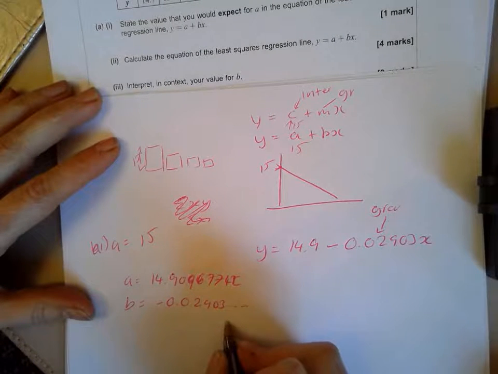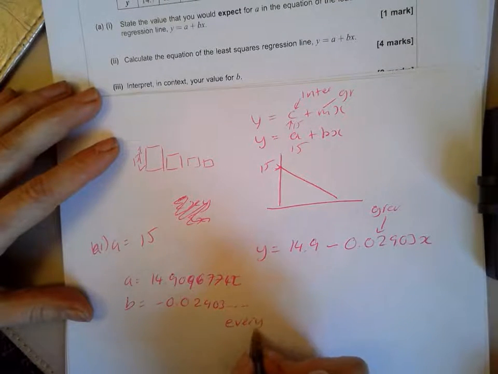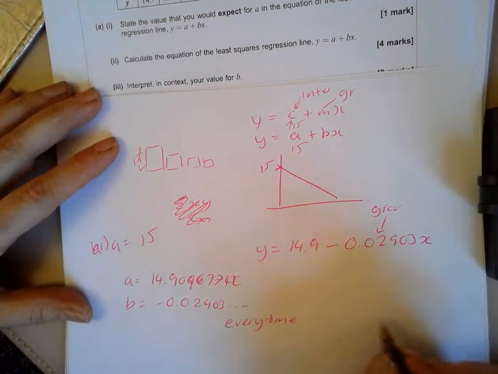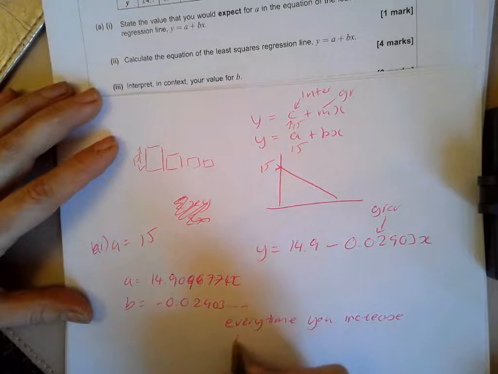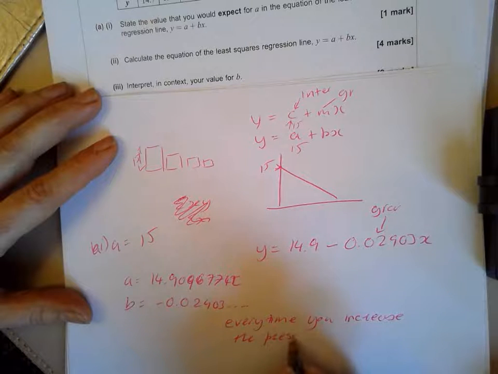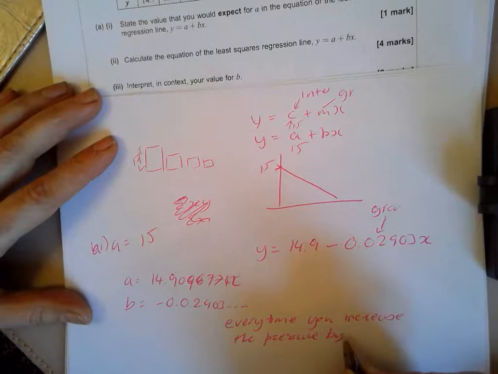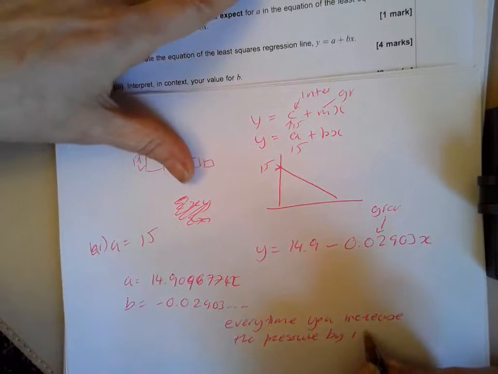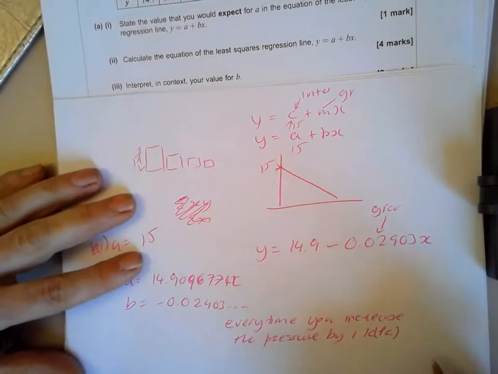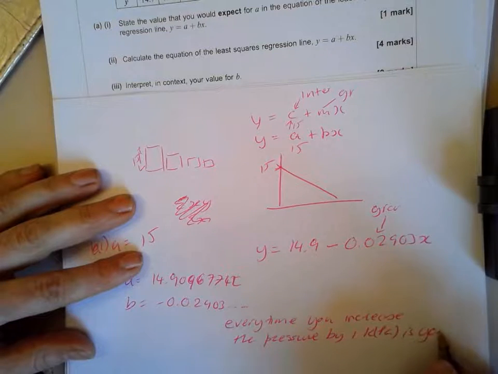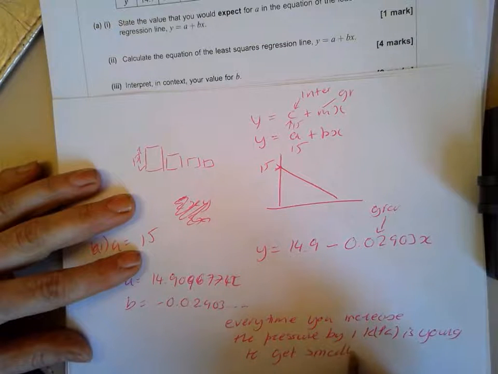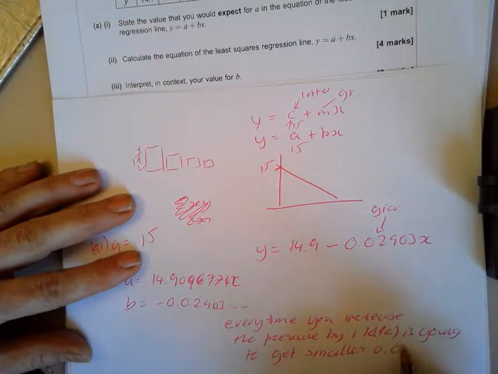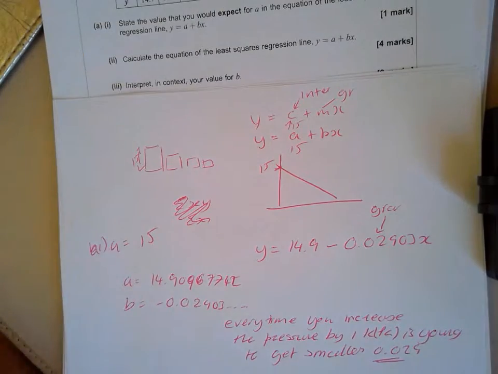Okay, it means every time you increase the pressure by 1, I don't know what the unit is, kilopascals, okay, it's going to get smaller by 0.029. Okay, that's what it means. Okay,